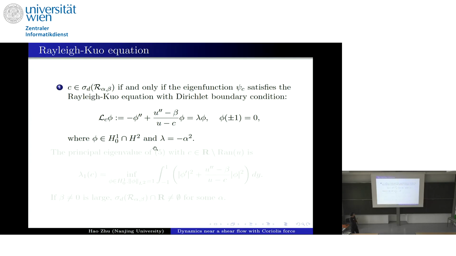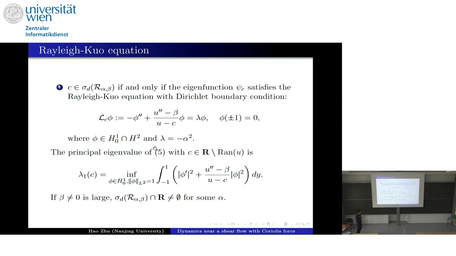We can write it as the Rayleigh-Guo equation. C is an isolated real eigenvalue if and only if the eigenfunction satisfies the Rayleigh-Guo equation with the Dirichlet boundary condition. And the first eigenvalue can be expressed in the variational form in this case. Now, if beta is large enough and the potential term is negative, then the